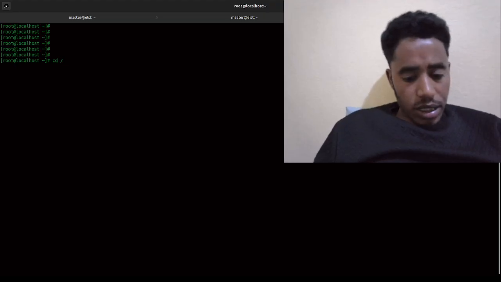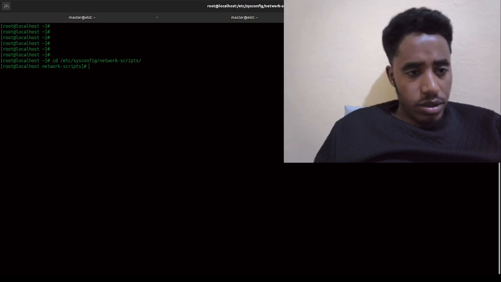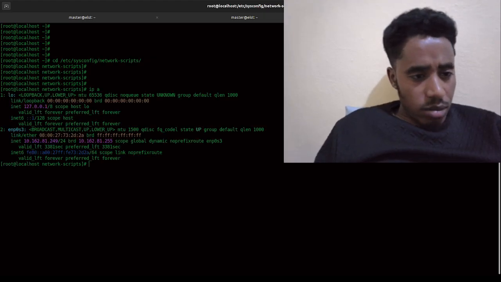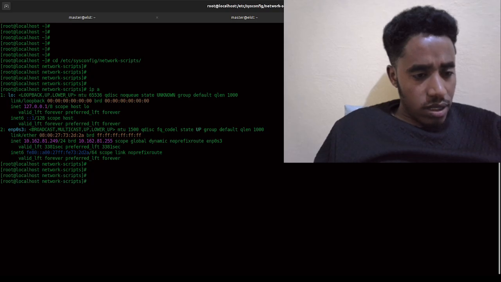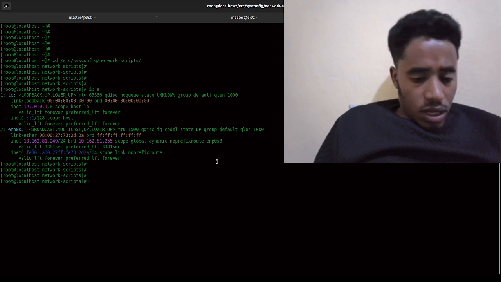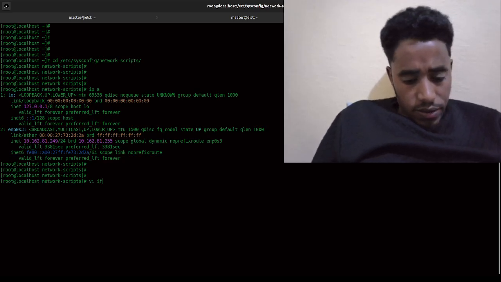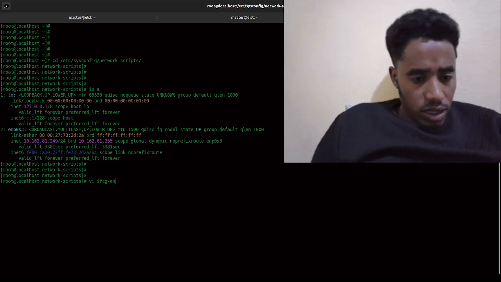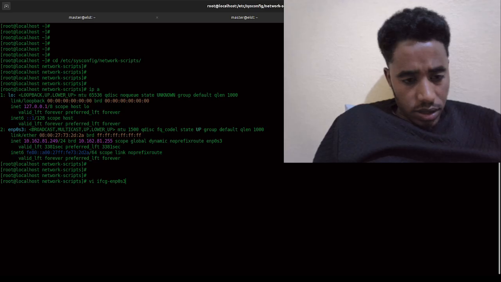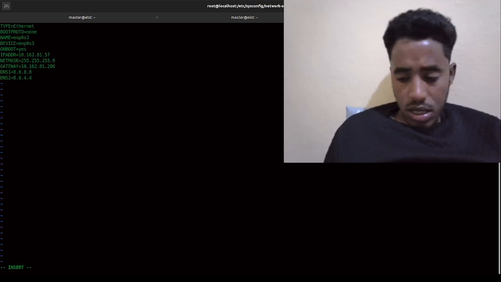let me change my directory to etc sysconfig network-scripts. As you can see, my network device is enp0s3, so I will create an interface configuration with this device. vi ifcfg, interface configuration, enp0s3, and I will better put this one. So